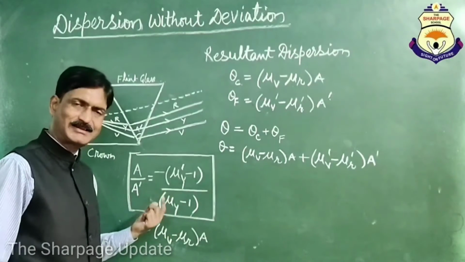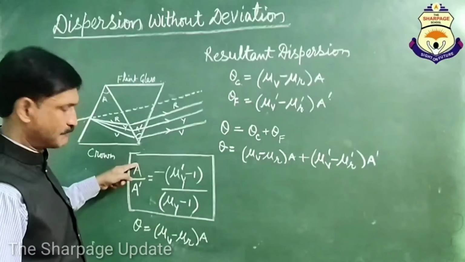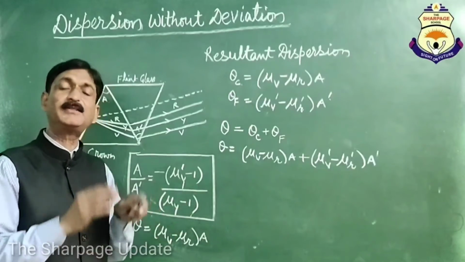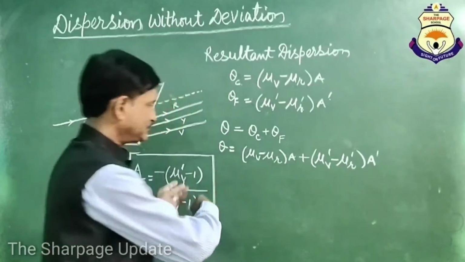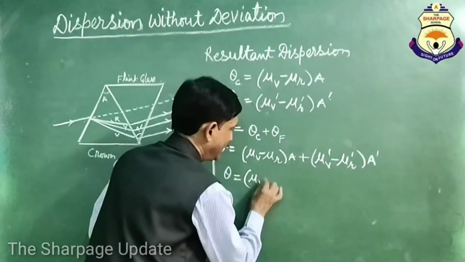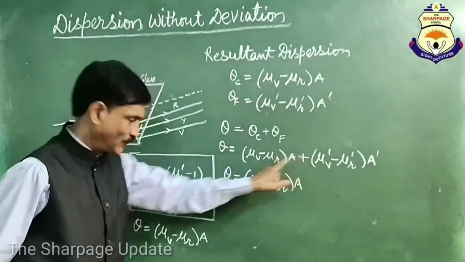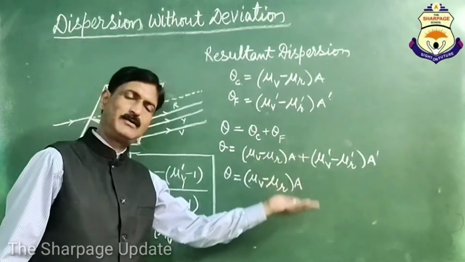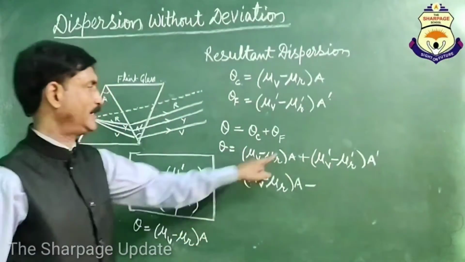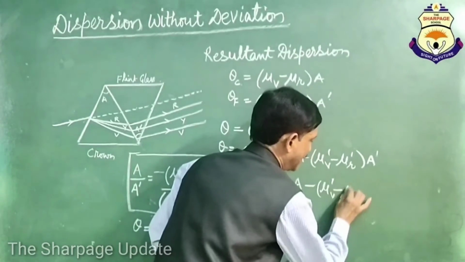Means यहाँ से हम a dash की वैल्यू को फाइंड कर सकते हैं. So the value of a dash will be mu y minus 1 into a upon mu y dash minus 1 with negative sign. So by substituting the value of a dash here, we get theta equal to mu v minus mu r into a. यहाँ पर जो प्लस साइन है वो इस माइनस साइन के कारण it will be converted into negative sign. So here we put minus sign in place of plus sign, and mu v dash minus mu